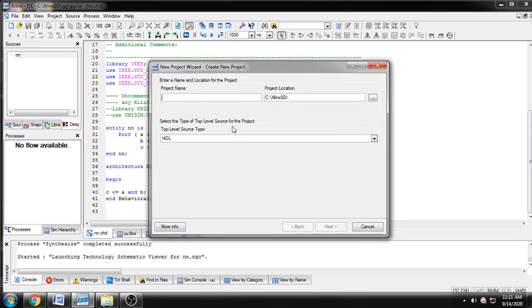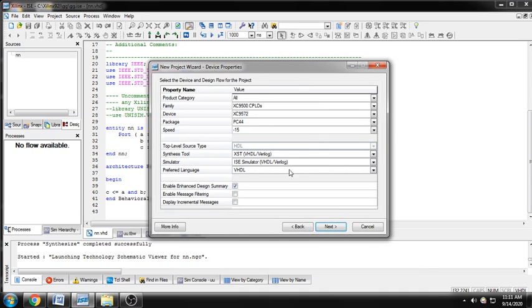As you click new project, you have to name the project. The project name may be of your choice. It may be a number, it may be a name. I just give a number, 2552525. This is my number. The program will automatically be saved in my default C drive. HDL is a hardware description language. Now next, this is the pop-up window.